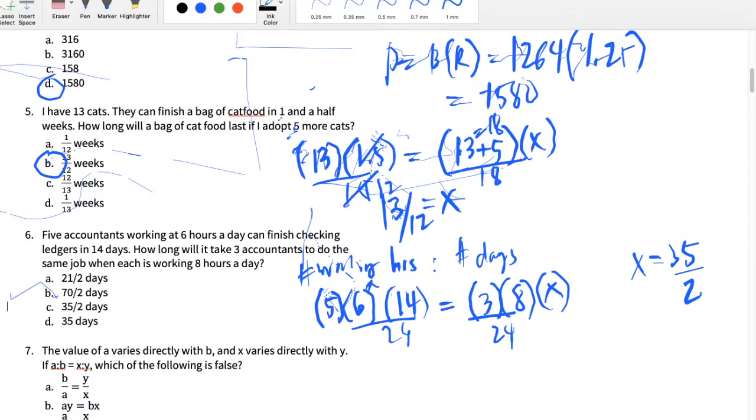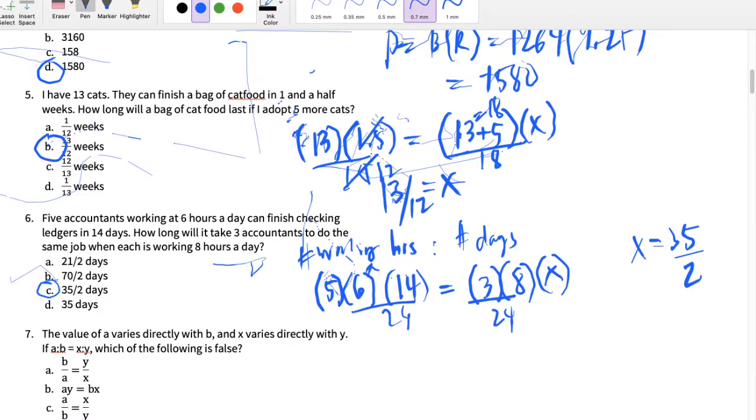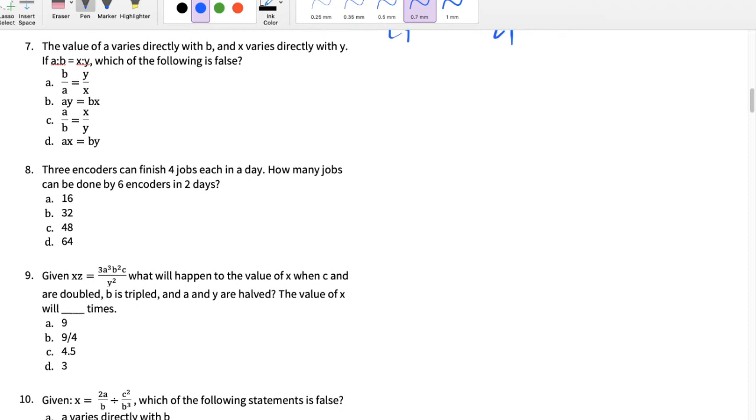The answer here is letter C. The value of A varies directly with B. So, ibig sabihin, meron kang ratio of A is to B, and they vary directly. This is equal to X is to Y. Since A varies directly with B, and X also varies directly with Y, and apparently these two ratios are equal,